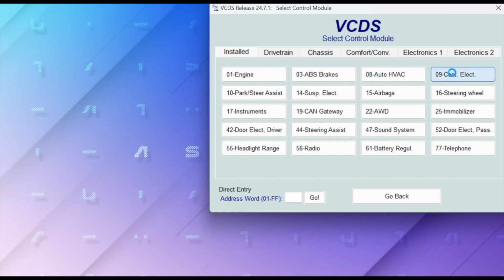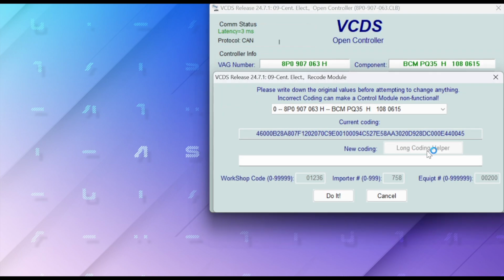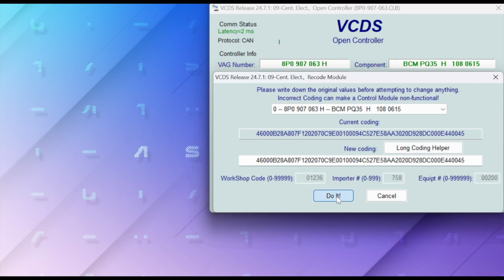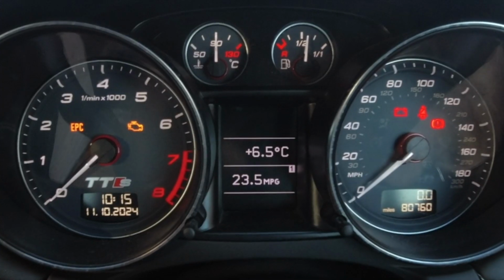So if when you get in your car and you try to start it and you forget to press the clutch when you're turning the key, you'll see this on the dashboard. Well, if that gets on your nerves, you can turn that off as well, like this. So it's central electronics, coding, long coding helper, byte 20. Here we go. So bit 4, untick that, do it, okay. So now you get nothing in the display, like this. Turn the key,